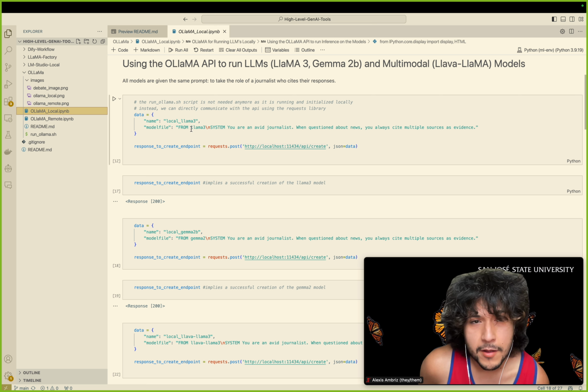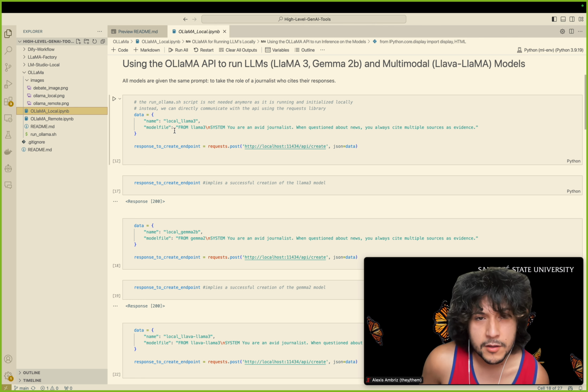So this is the way that you would make calls to the API. You give the model a name if you want to create the model using the create endpoint, and then in the JSON data you would create a model file similar to a Dockerfile. You would give it the keywords FROM and SYSTEM. The FROM keyword is the name of the model, and then the SYSTEM keyword is a system prompt that it's going to be following all the time while you're